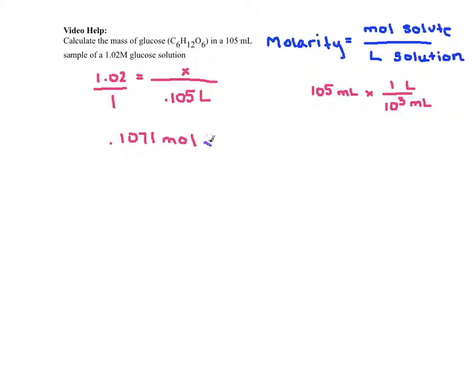So I need to crisscross swoosh. I'm going to get out of moles by putting moles on bottom, and I'm going to get into grams by putting grams up top. Now, grams per mole, I need to find my molar mass of glucose. The molar mass of carbon is 12.01, so 12.01 times 6, plus the molar mass of hydrogen, which is 1.008 times 12, plus the molar mass of oxygen, which is 16 times 6, and you should get 180.156